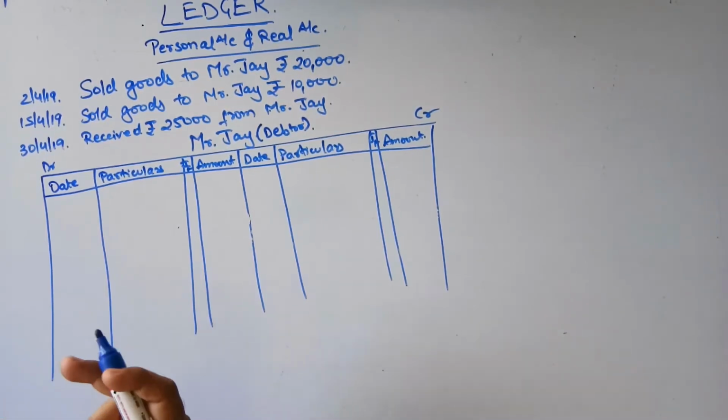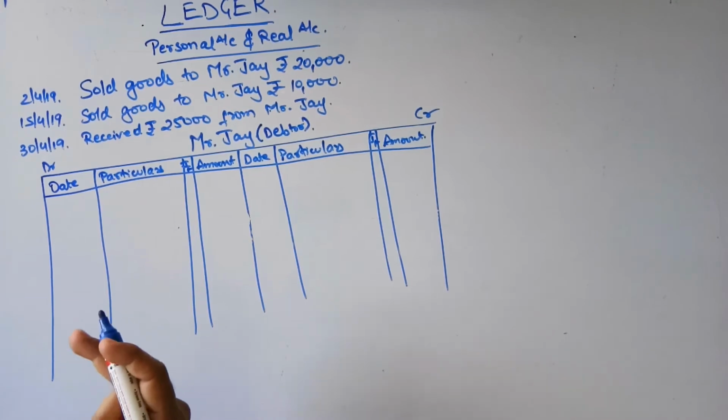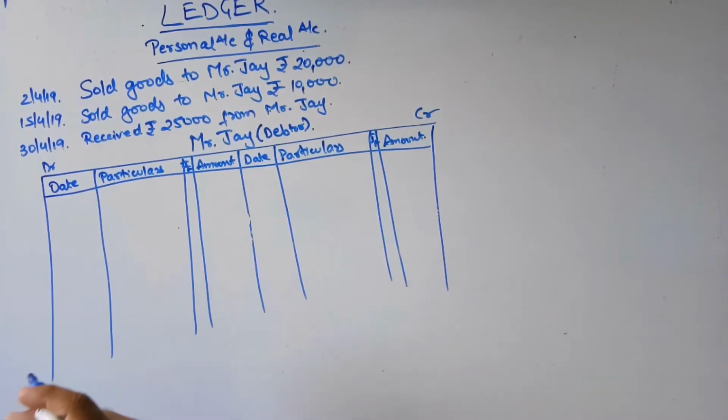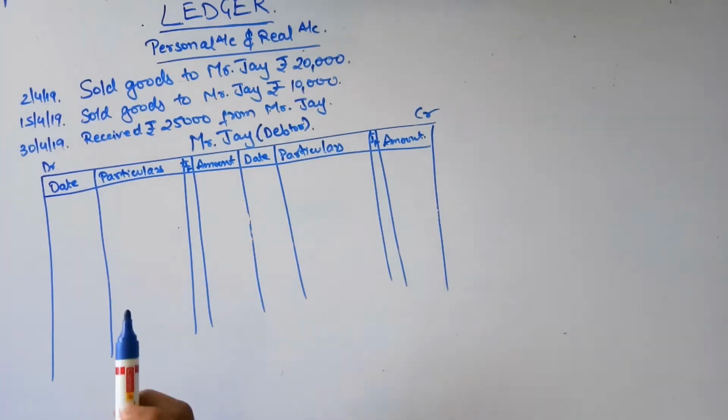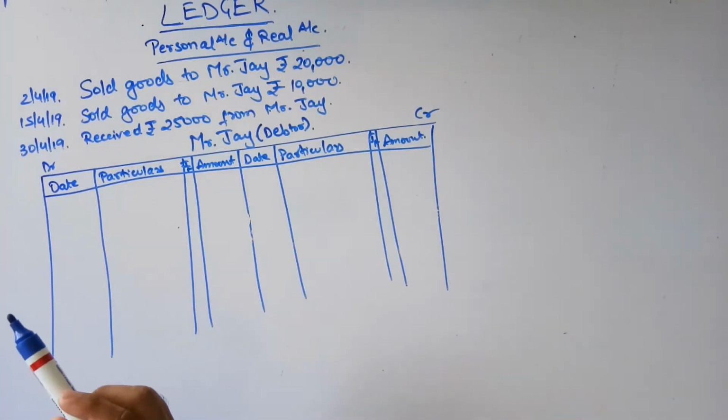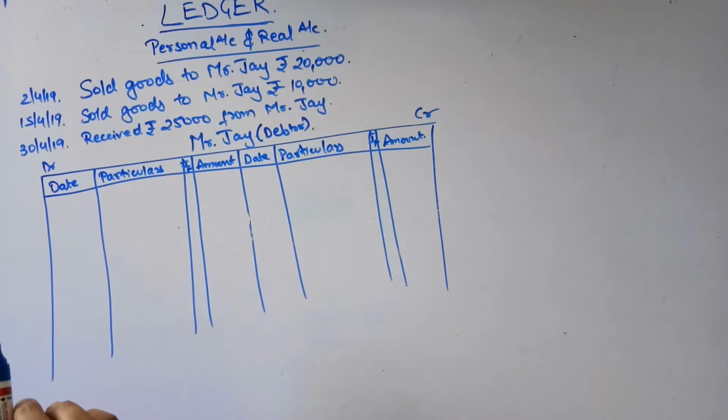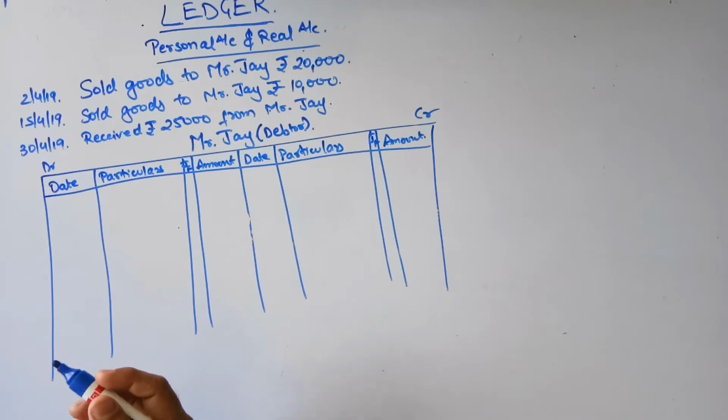Okay. We have sold goods on credit to Mr. Jai. So Mr. Jai is our debtor. Sold goods to Mr. Jai worth rupees 20,000. Now, what will be the two accounts? Sales and Mr. Jai. Sales. What is happening with the sales? Debit. Sales is a nominal account. So debit all expenses and losses, credit all gains and incomes. And Mr. Jai. Jai is a personal account. Debit the receiver and credit the giver. Correct? So Mr. Jai is receiving, right? So debit the receiver. Mr. Jai's account debit, right? So Mr. Jai's account debit to sales account.